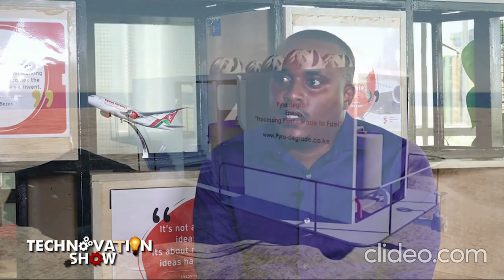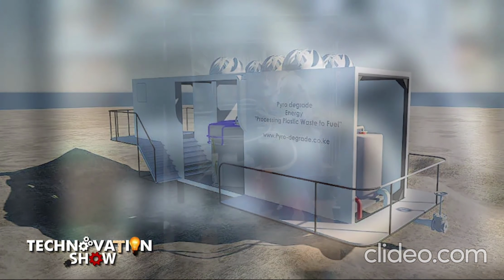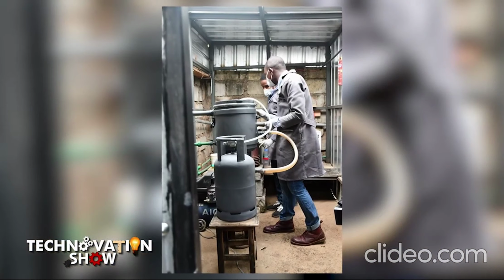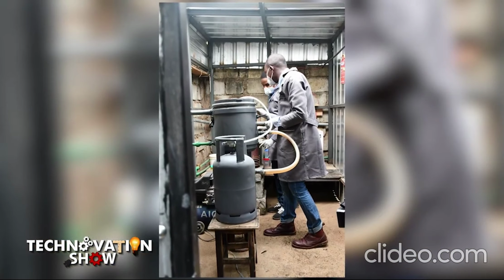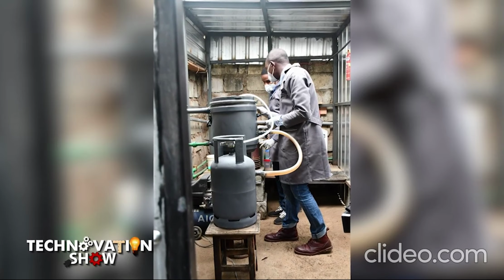2020 is when we finished with our first working model. Unfortunately, we ran out of money, so we couldn't launch the product, because the money that we had at the time was just enough for us to build the machines, as we built our machines from the ground up. So we were very fortunate that in 2020 we saw the opportunity from Kenya Airways,